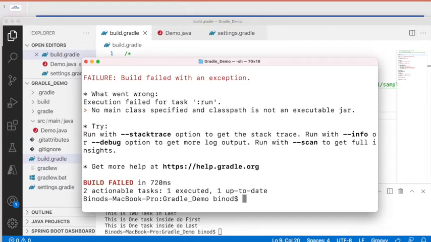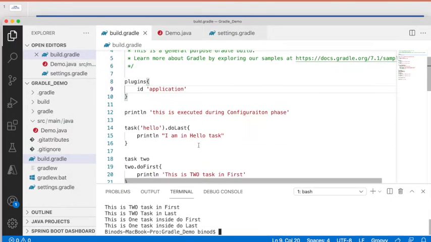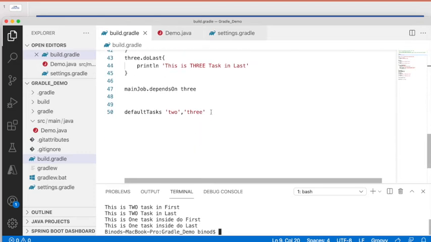Now you get a different error, the earlier error is gone. Now you're getting that no main class has been defined. It doesn't know, because you might have many Java files, and which Java file do you want to run? Which is your main Java file? It doesn't know. That's why in the build.gradle you have to define your main class name.